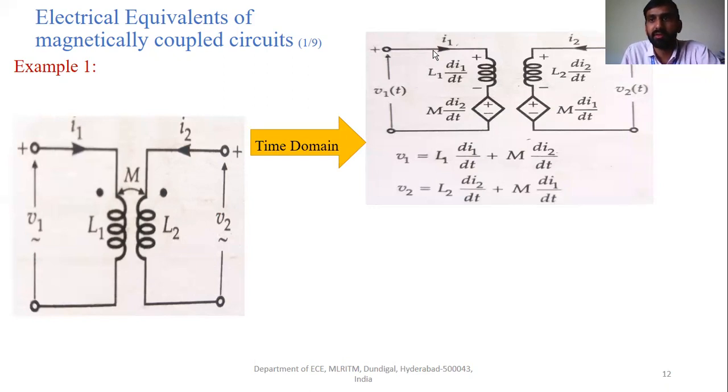Here we are having different equations. One is for the left hand side loop and the other one is for the right hand side loop. In this I have indicated one thing, that is the controlled voltage source. The mutual inductance with respect to coil 1 is indicated using the controlled voltage source, and also with respect to coil 2 the mutual inductance term, right? The voltage drop with respect to the mutual inductance is indicated using the controlled voltage source, because it is a varying thing.